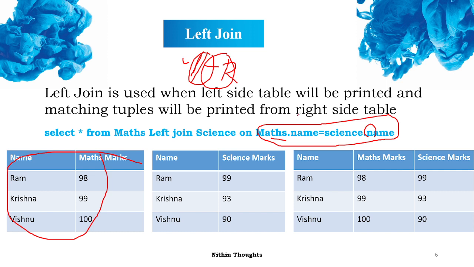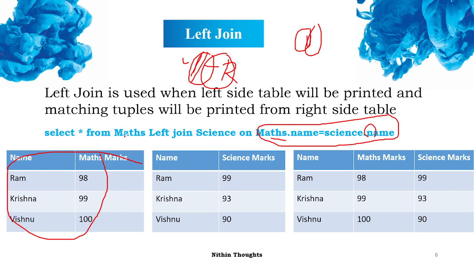If there are no matching columns or fields in the right table and left table, only the left table will be printed. So in the case of inner join, if there are no common values in these two fields, nothing is printed. Assume here it is Rama, Krishna and Vishnu, and here it is Somu, Naga and Sudarshan. The fields are not matching, so the entire table will not be printed in the case of inner join. But in the case of left join, anyhow the left table,